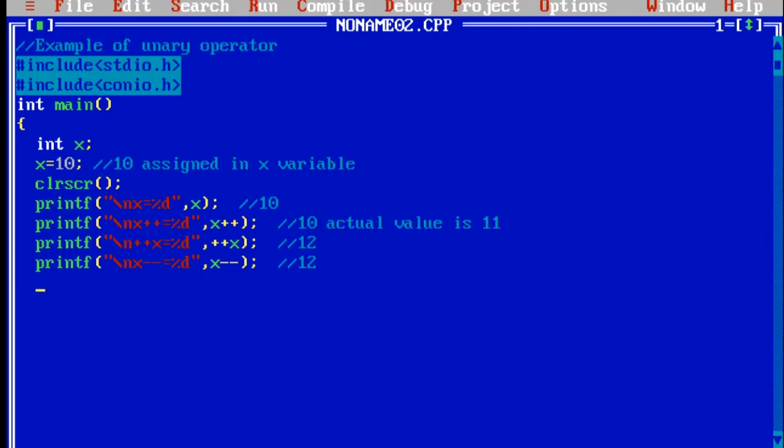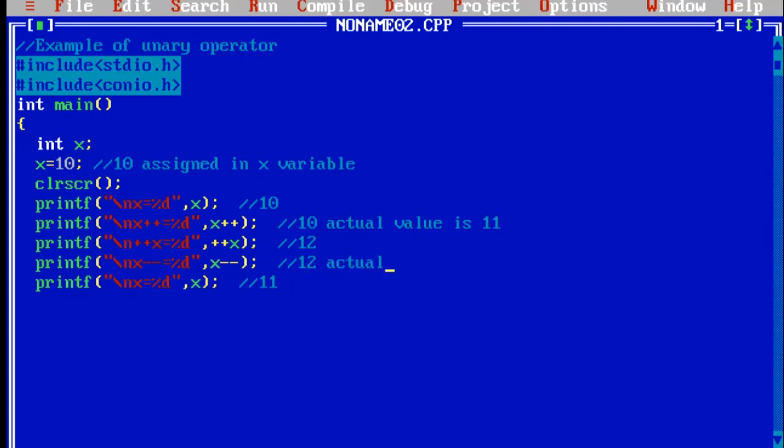The same thing is happening here. So x minus minus is post-decrement. Post-decrement means at first assign, then decrease, or reduce, right? Assign means the previous value; the previous value of x was 12. So when you print x minus minus, you'll get the same value, 12. Now I am printing printf x equal to %d, x. So what will be the output? Here we are getting 11. Why 11? Because it has already been reduced by 1, right?